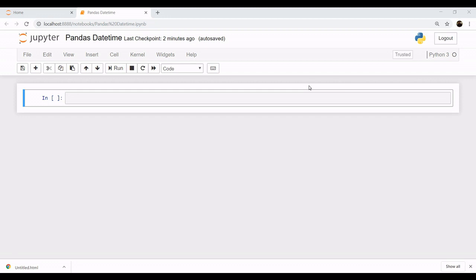Hey everyone, welcome to the session of Pandas. Today we will be talking about a special feature of Pandas, that is your datetime feature. So let's get started and import our Pandas library,